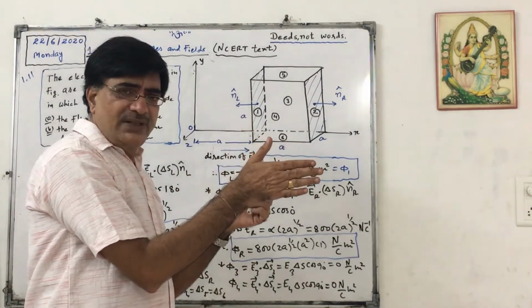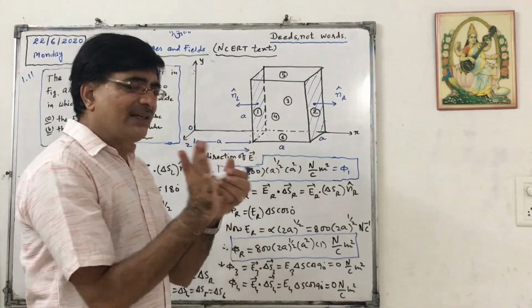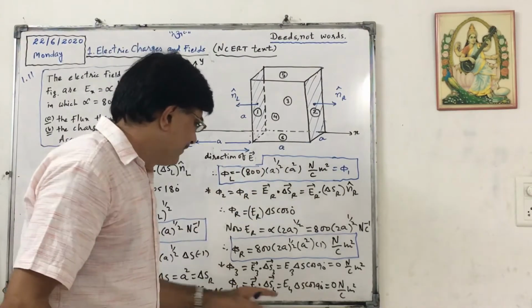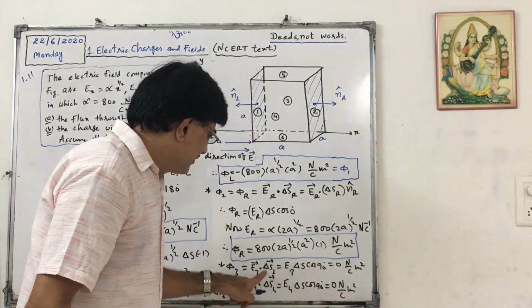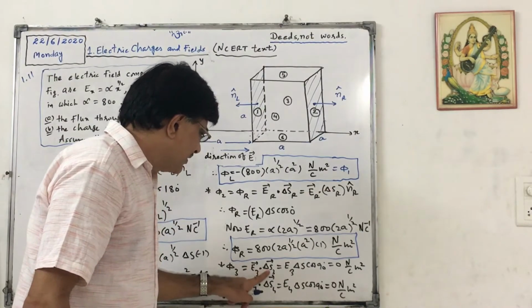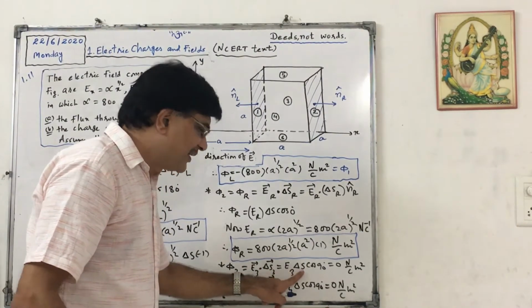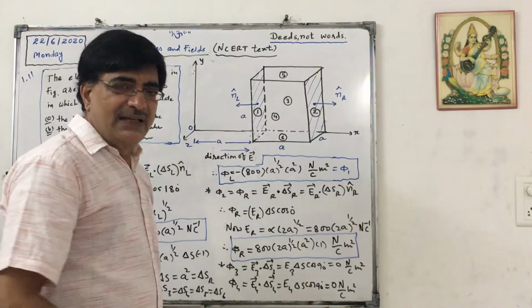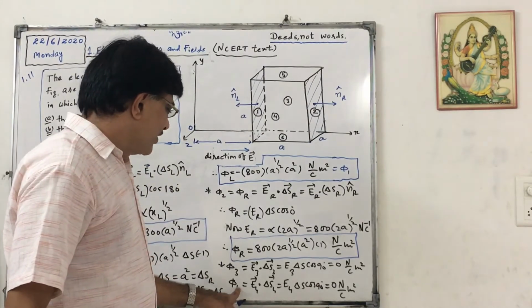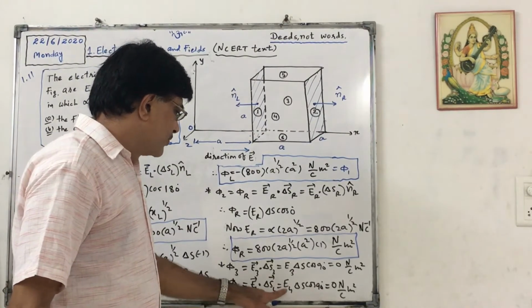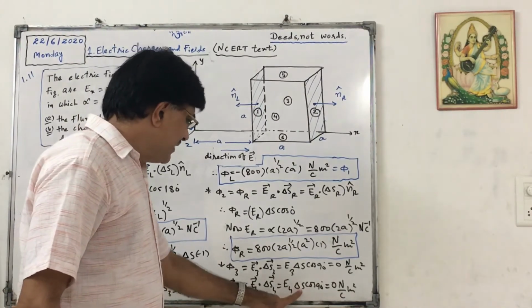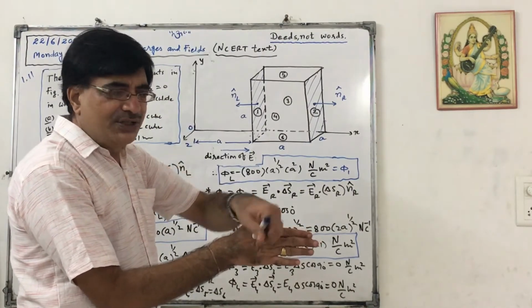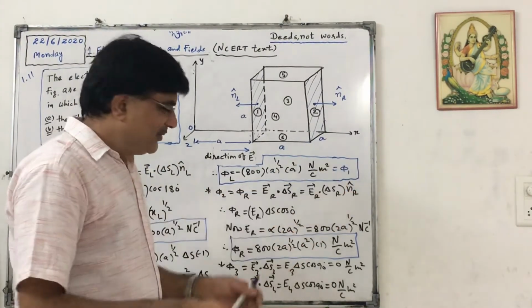Now flux 3, for the surface at the back side of you, the area vector will be in this direction and vector E is in this direction, so the angle will be 90. So E3 dot delta S3 will be equal to E3, the magnitude of area is delta S, but the angle is 90 so cos 90 is 0 Newton per Coulomb into meter square, the flux linked with the back side. Similarly, for the front side, flux 4 equals vector E4 dot delta S4 equals E4 into delta S, because the magnitude is delta S, and cos 90 because the area vector is in this direction and E is in this direction. So again the flux is 0.